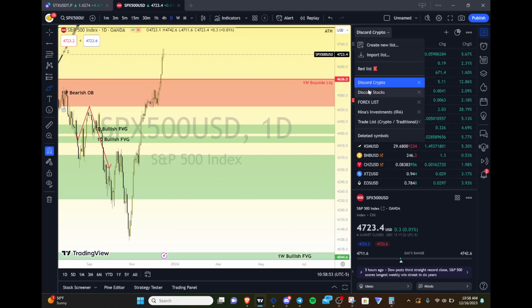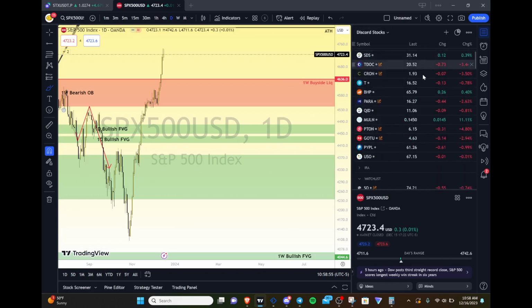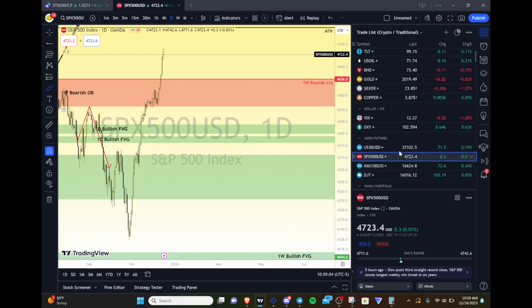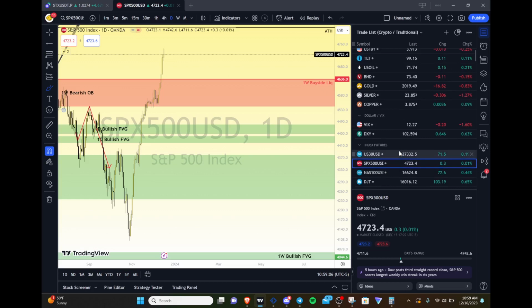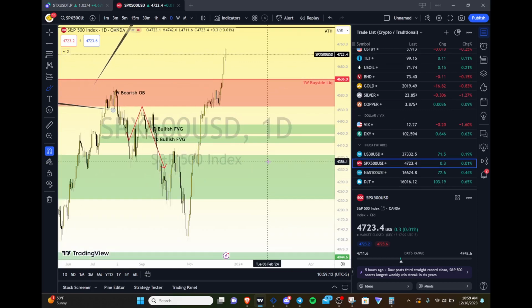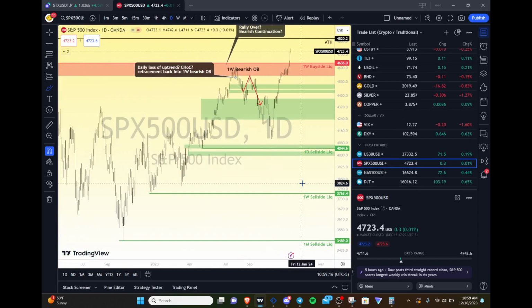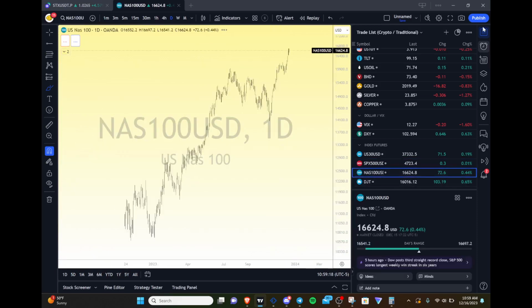Same with stocks. I mean, everything is on the verge here. If we get continuation over the coming months to year or so, we're going to be in a massive position. So I am super excited for not just myself, but anyone who's in the swing trade service and is in the Discord with me, because there are so many opportunities brewing here that most money doesn't seem to be in yet. So I'm very, very excited. So let's go over to the NASDAQ and see how that's actually playing out as well.